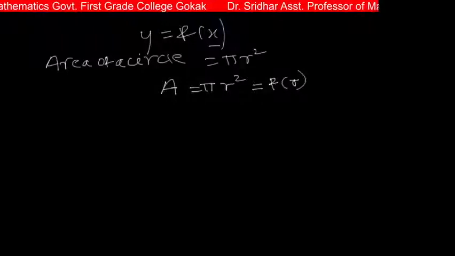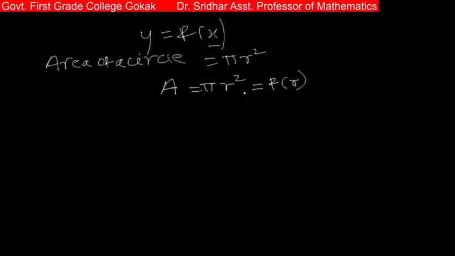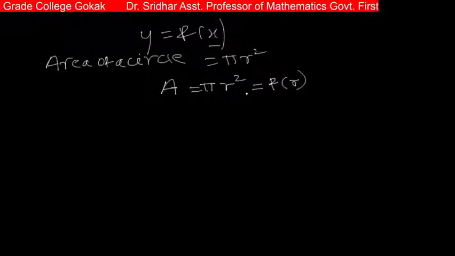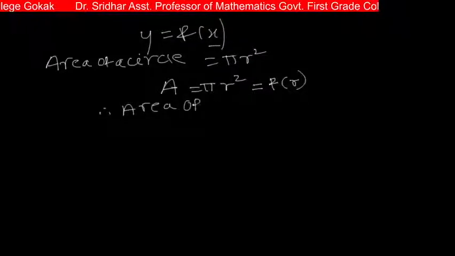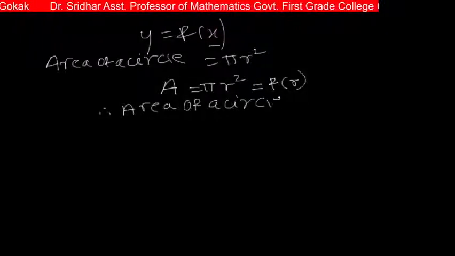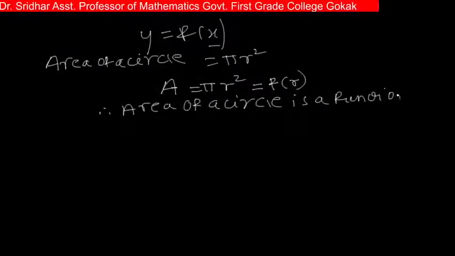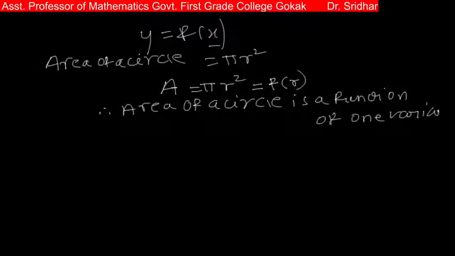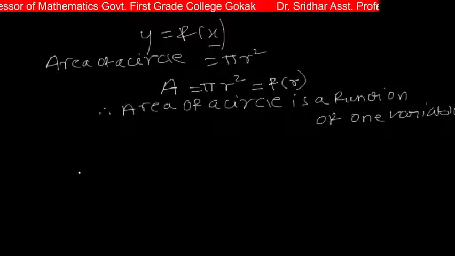So r is only one variable. Therefore the area of a circle is a function of one variable. Correct? So similarly,